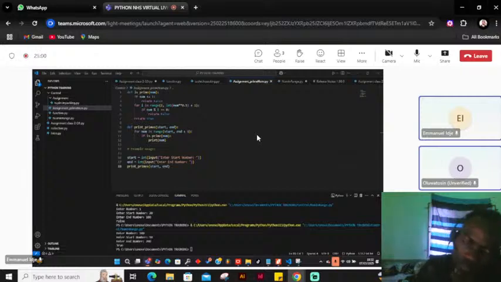We have run the functions. So for the usage, we collect the start and end range from the user. Then we call print_primes with start and end, which prints the prime numbers between start and end, because you have already defined a range of start to end. So if we run it,